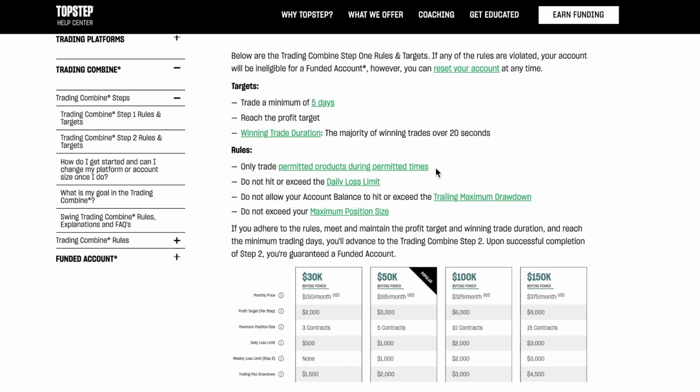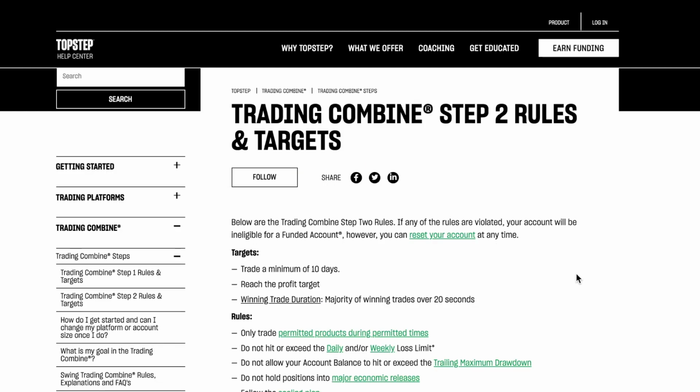Only trade permitted products. Do not hit or exceed the daily loss limit. Do not allow your account balance to hit the trailing drawdown. Don't exceed your maximum position size. And that's essentially it. So I just want to go over the Step 2 rules, and then we'll get into